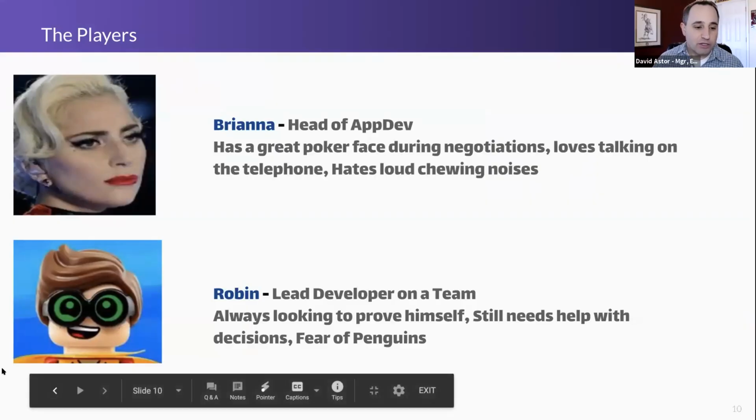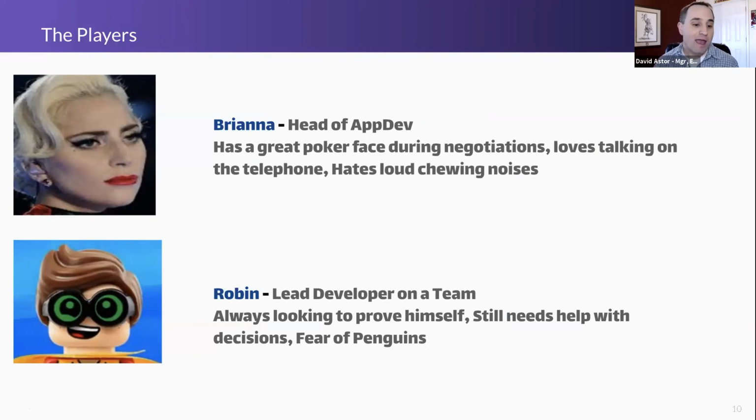We are going to be talking to Brianna and Robin. Brianna is the cunning head of app dev who's notoriously stalwart in negotiations. She prefers talking on the telephone as opposed to meeting in person, and has a million reasons why things should stay as they are. Robin is the lead developer who's relatively new to the organization and slowly becoming a faithful sidekick to Brianna. He's young at heart, loves working as part of a team, and he's an absolute acrobat with the code he writes. Tanuki Tech has multiple applications like Jenkins, GitHub, Artifactory, Veracode implemented as part of their DevOps solution. And so what we want to do is talk to them in various different scenarios about the value that GitLab could provide.